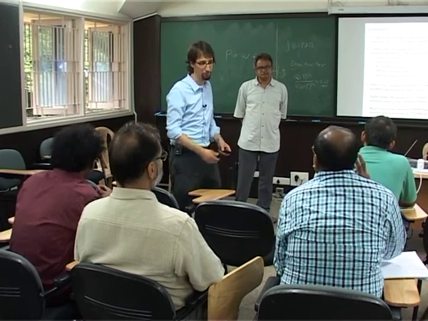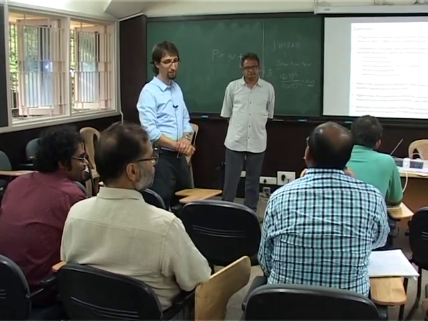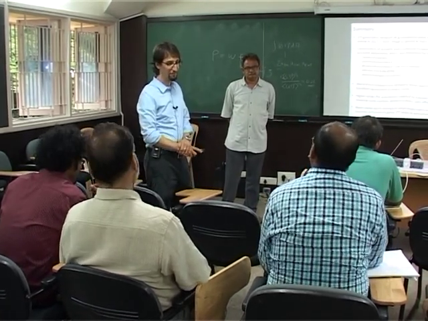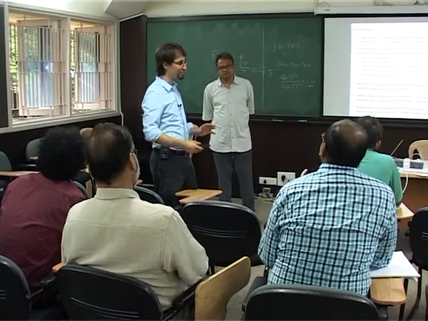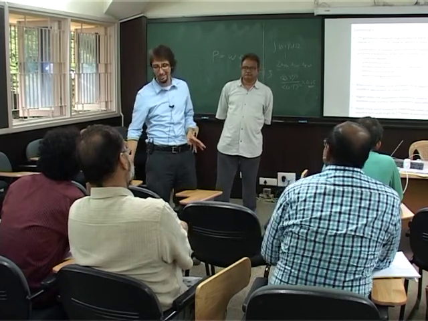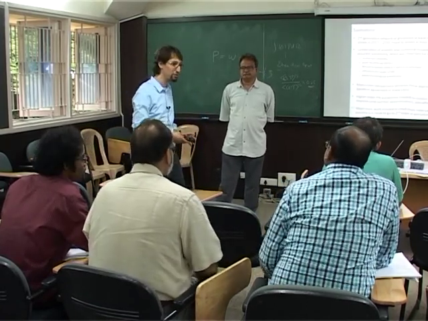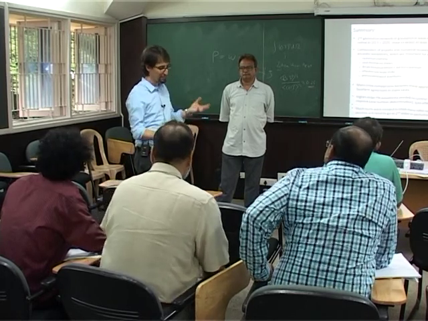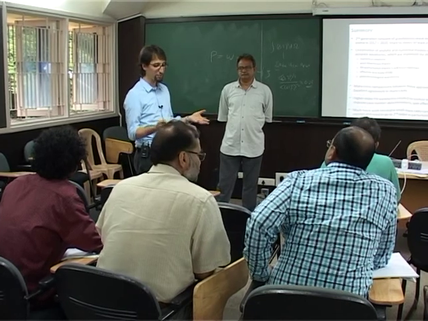But in case it is a stellar mass black hole and a neutron star, how much do you expect this ISCO radius to change? Okay, so if we have a stellar mass black hole and a neutron star, in that situation, the ISCO itself is not a very well-defined quantity anymore. This notion of an ISCO really relies on this separation of mass scales. So the ISCO sort of goes away.